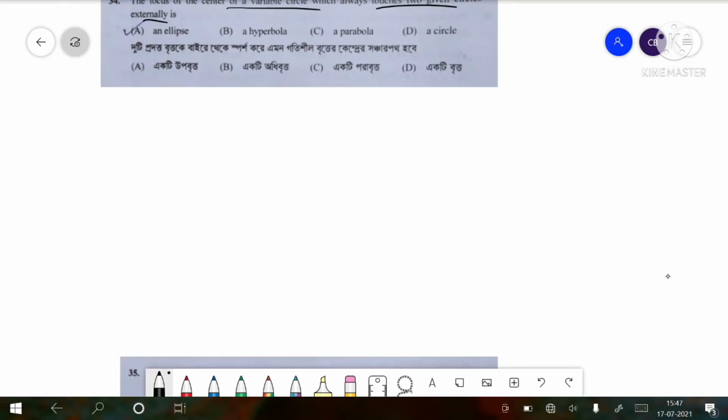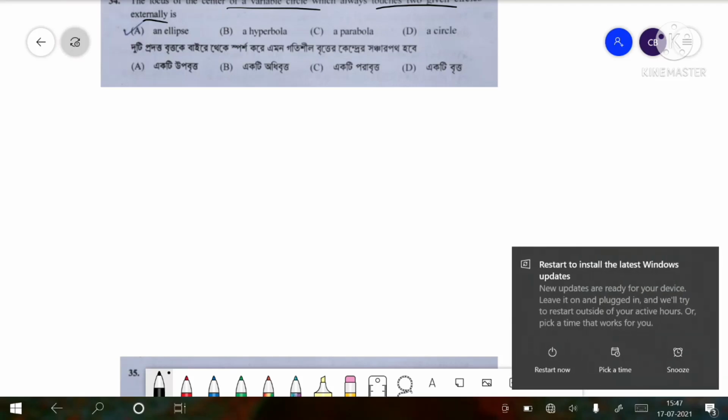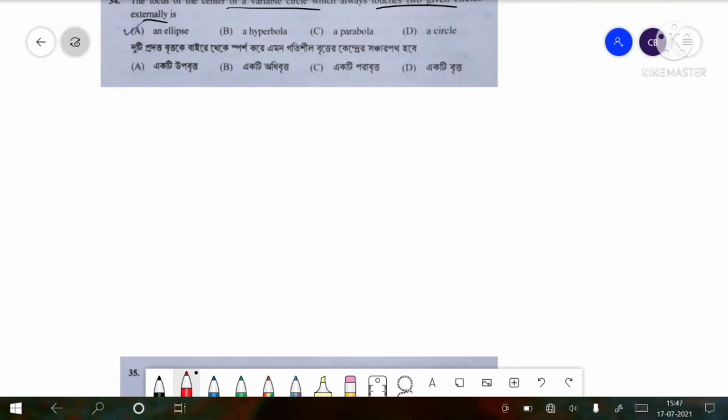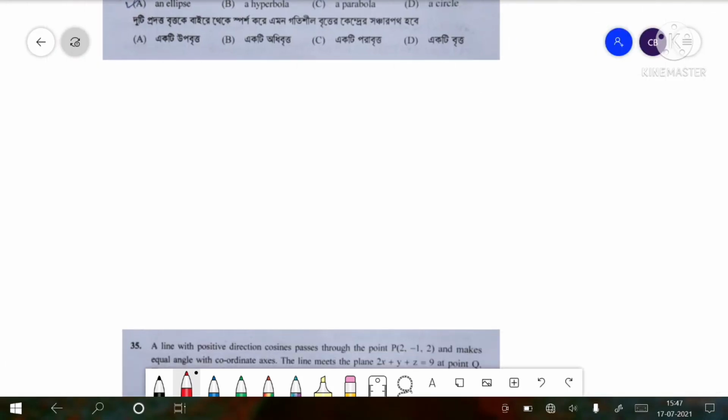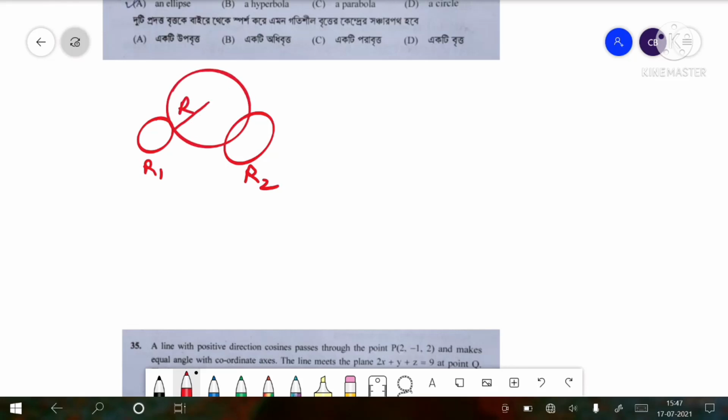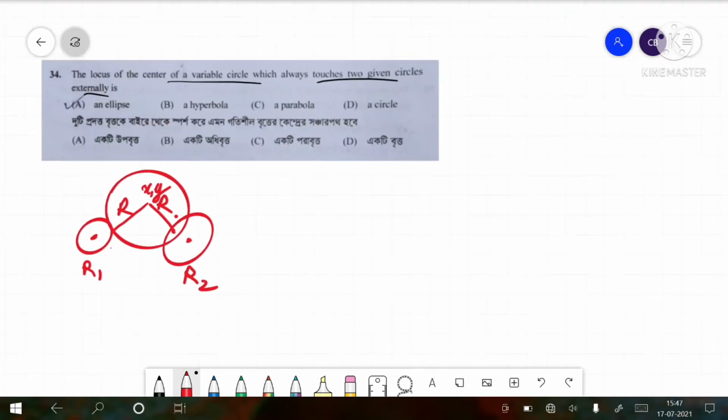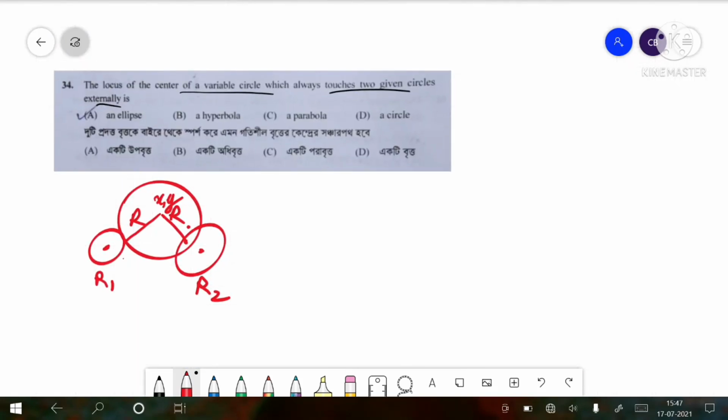So these type of equations, you can either take two circles and then take another imaginary circle like this. You can also calculate them, such as two circles, be these two. This has radius r1, this has radius r2, and another bigger circle has radius r, and this is also r. So let's say this is at 0 comma minus 1, this is at 0 comma plus 1, this is x comma y, and you can find the locus and find out if it's a formula of an ellipse, hyperbola, parabola, or a circle.